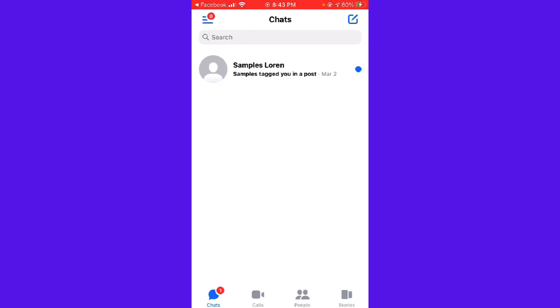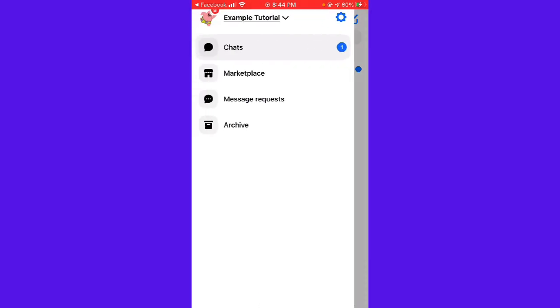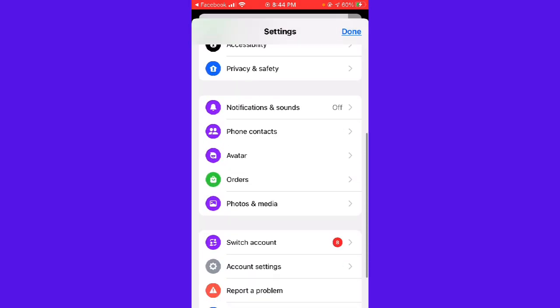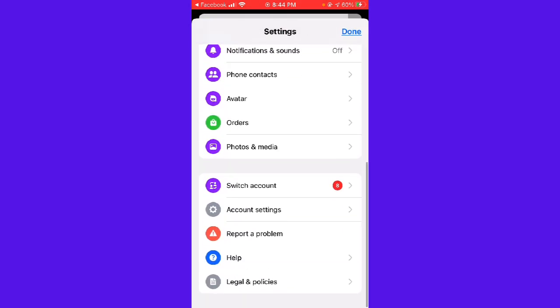So first of all, you want to open your Messenger app and then click on these three little lines on the upper left corner of your screen, and then click on the settings button and then scroll down until you see account settings. So just go ahead and click account settings